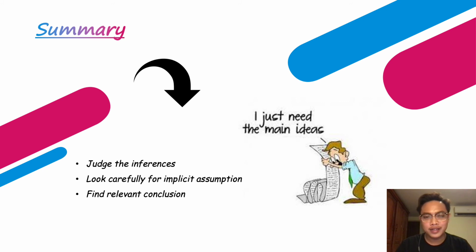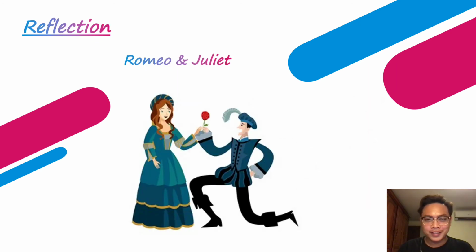But make sure that the reason is published by a professional or a person with a strong background. It may help you analyze what is being argued and make your argument become stronger. So let us continue to the very last part of my presentation, which is the reflection on a story. I'm going to give a small reflection on one of the most famous stories, which was written by the one and only William Shakespeare. And I'm going to talk about a part which is related to implicit assumption.